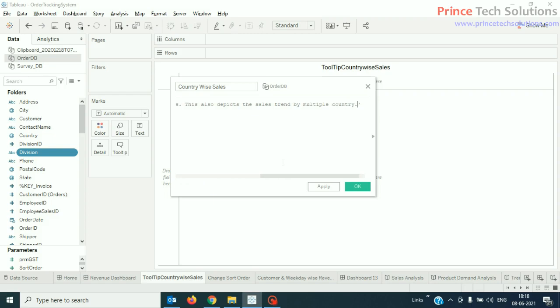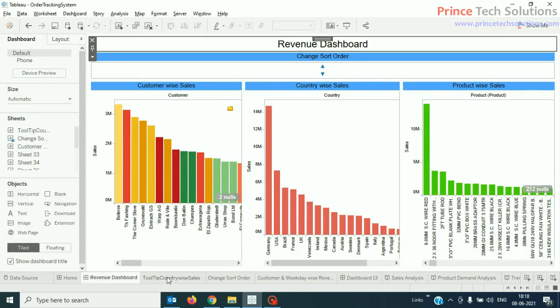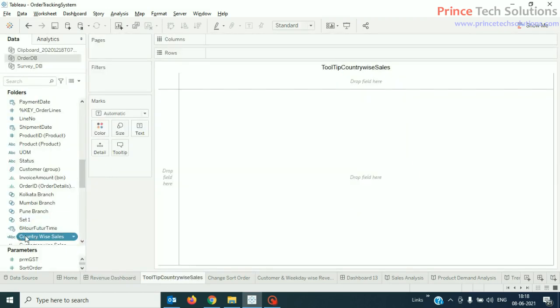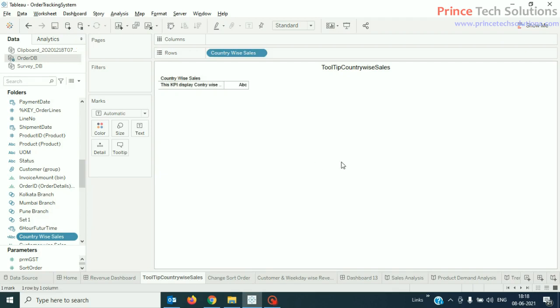Okay. Now I wrote something about this visualization in the calculated field. Now I'll simply drag this calculated field over to the object. I'll just add it to the object.